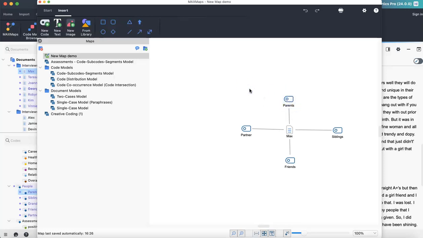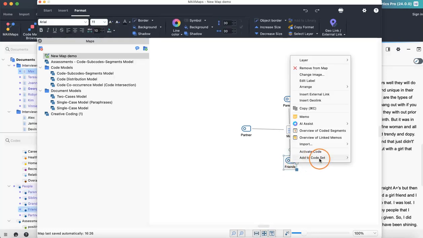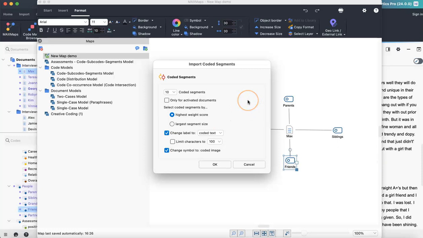And once you have a few codes, or even just one code on your map, you can also import the coded segments from this code. So like this. When you want to import coded segments, you can choose how many segments to display, because if you have 100, you're not going to be able to have a readable map with 100 segments, for example. And you can also change the labels, so have the labels displaying the content of the coded segment. So if we try this,